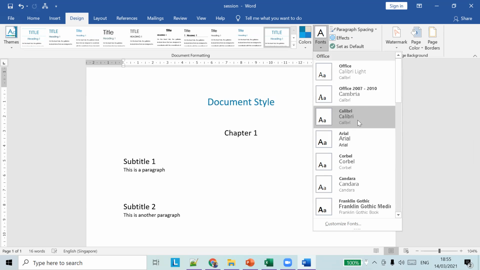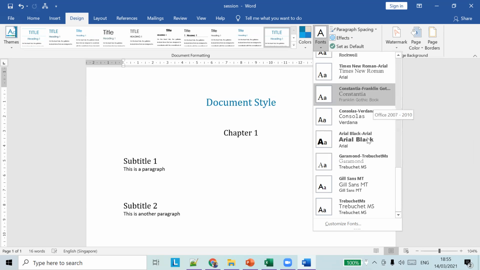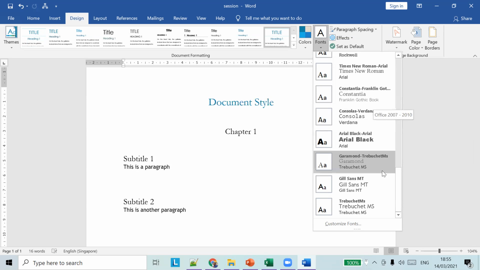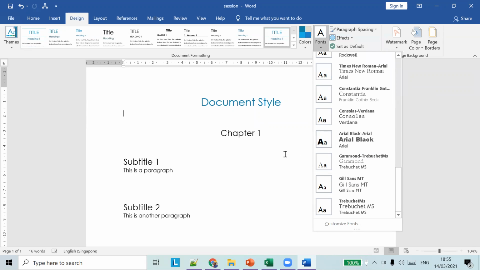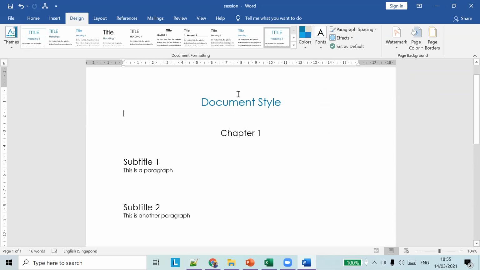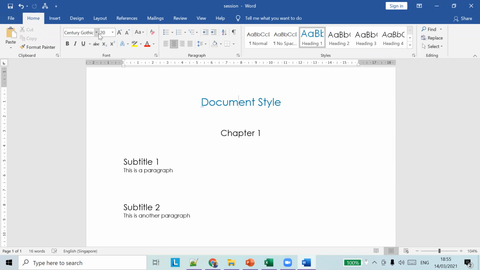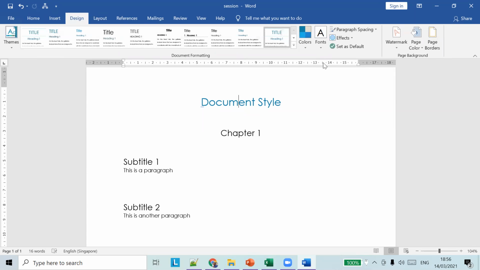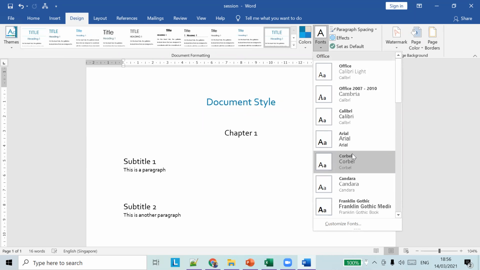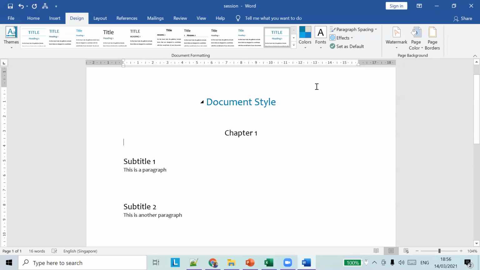If you want to change the font also, you can choose any font you want. I think the font that comes with this theme should be something like Century Gothic, and if you want to change it, you can change it from here, maybe to Candara.